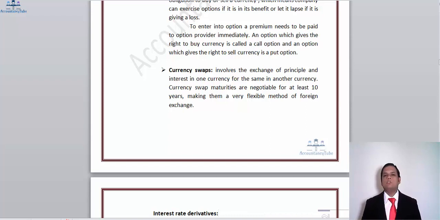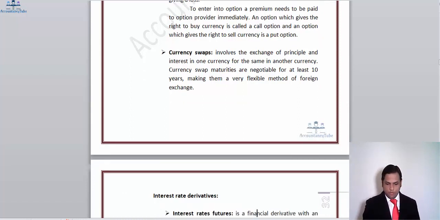and of the same duration. What the companies actually do, if they believe that they need to pay in dollars because the contract which they have obtained by using that fund is in dollars, it would be better if it was a US dollar loan. And the company that has taken the US dollar loan believes that it would be better for us if the company had obtained a UK pound loan. So what they do is simply exchange their liabilities, so that they will pay the interest and principal in the US dollar, and they will pay the interest and principal in the UK pound currency. The companies which have obtained the loan in the first place will not be the same depositing the payments or